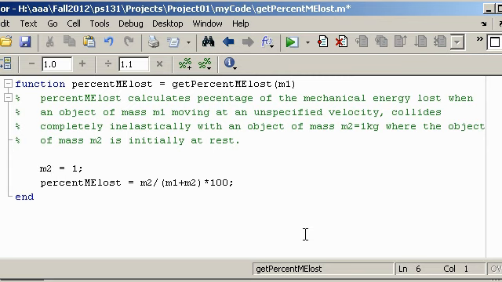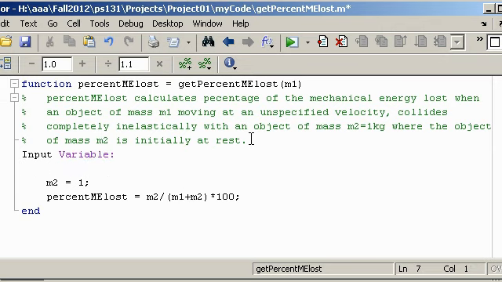I call the argument that the user has to provide a value for to the function in order for the function to run the input variable. So quite often you might have input variables. That I need %. I want that to be a comment as well. I'll call it input variable. So my entire list of input variables, it's just one, M1, which is the mass of the moving object,